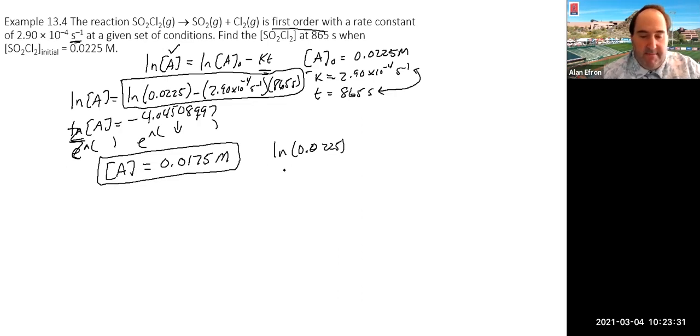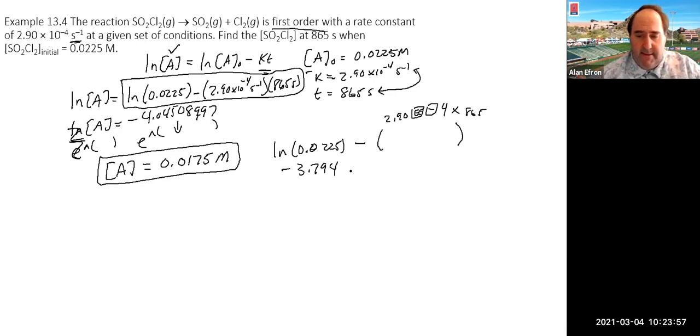That gives you something like minus 3.794. Then you probably want to do the part here. Make sure you are using your exponent button. So go 2.9, hit your exponent button, hit your negative button, and 4, and then times it by 865. And if you do that, you should get, hopefully,